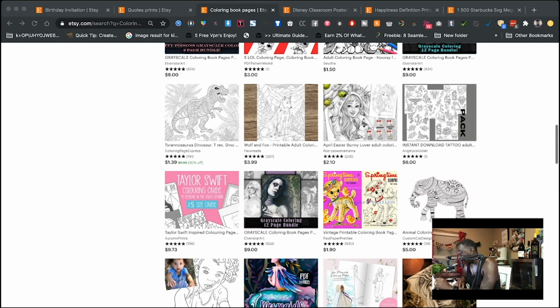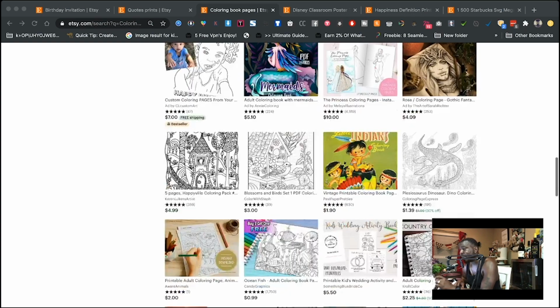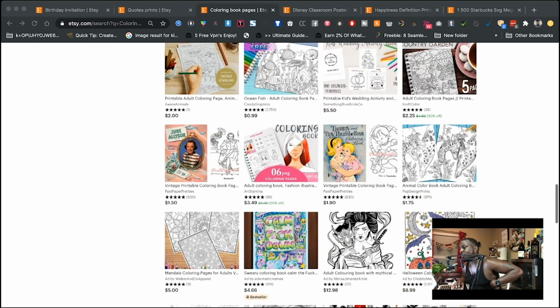There's some for adults, because coloring is actually, I was just reading up on this when I was gathering my thoughts on doing this video. That's one of those things that is actually in the modern age one of the best stress relievers. Now, I haven't tried it as an adult to relieve stress, so I don't know. I'm not making any medical claims on none of that. So yeah,